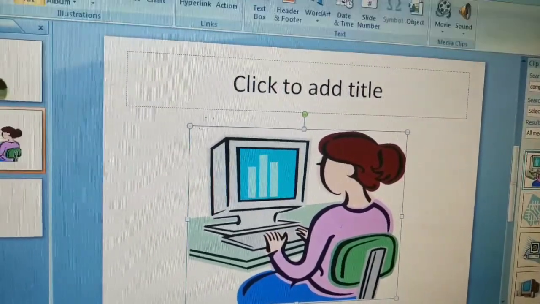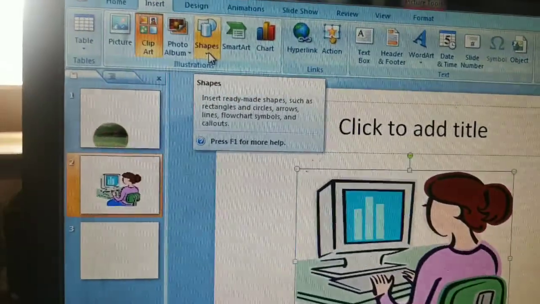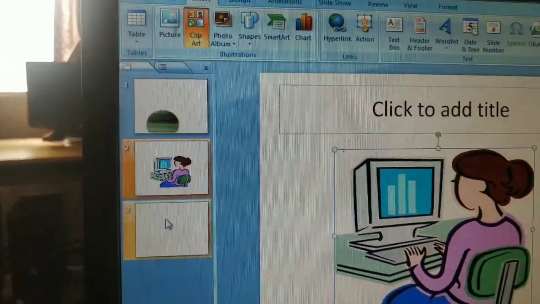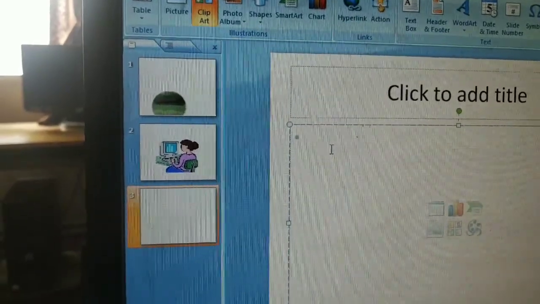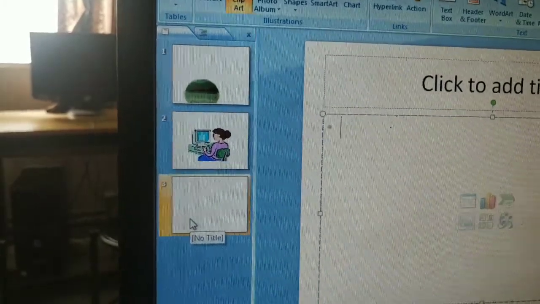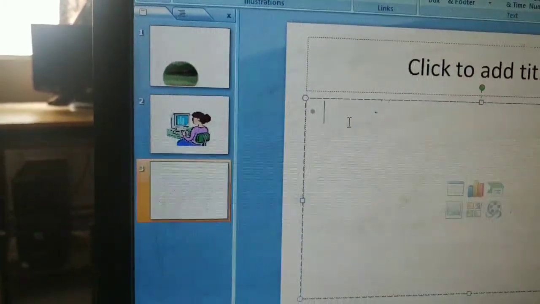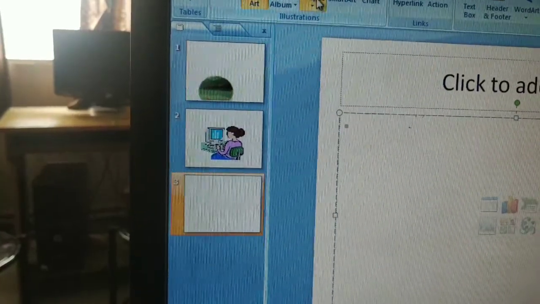In the same way you have inserted a picture and clip art, you can insert a shape. You can insert a shape from here. To insert a shape, click on the slide where you want to insert it. For example, we want to insert a shape on slide number 3. Then click on slide number 3. Then on the Insert tab in the Illustrations group, click on the Shapes button.